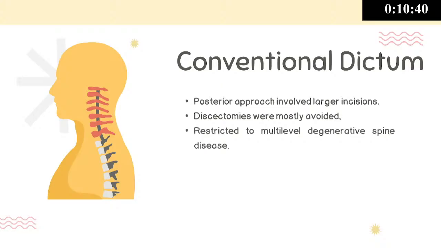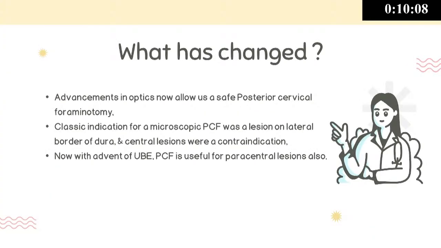The conventional dictum was that posterior discectomies cannot be done because, of course, we understood the anatomy. The cervical roots go out straight in this way. There is no shoulder. There is no concept of a shoulder when we talk about a cervical root. There is only the axilla, and the axilla can only be exposed if you have done a medial pediculectomy. You have to perform a medial pediculectomy, because if you don't, you will not see the axilla, you will not see the root over there.